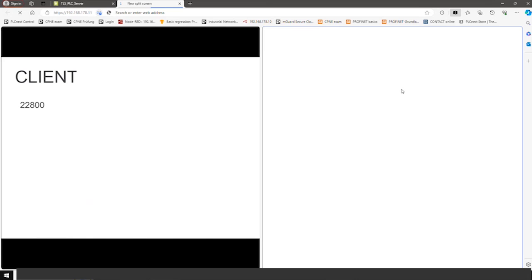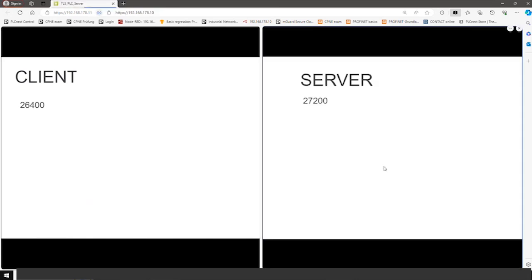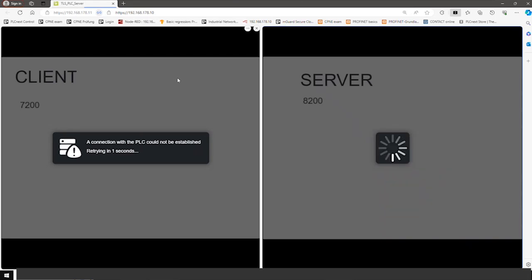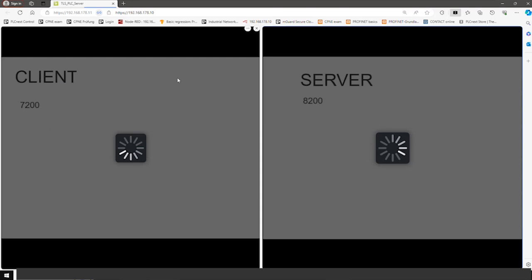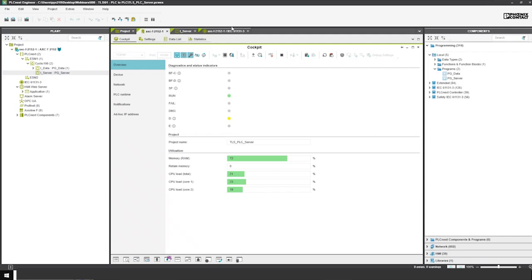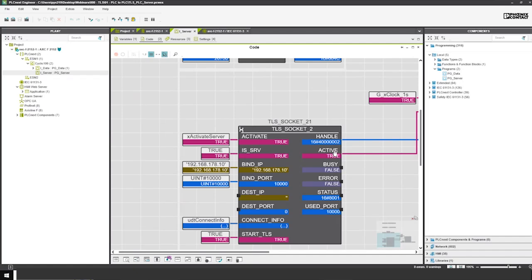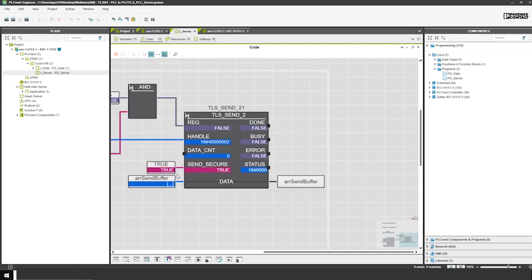Side by side. So you see communication is working. Of course, there's a small delay. I'm just updating every 2 seconds, I guess. So there's a small delay, but you can see that the communication is working. Okay. For some reason, the web server cannot be reached. This sometimes happens if you're inside a virtual machine. But you saw that the communication is working. You can see here it's still running, so communication is still there.